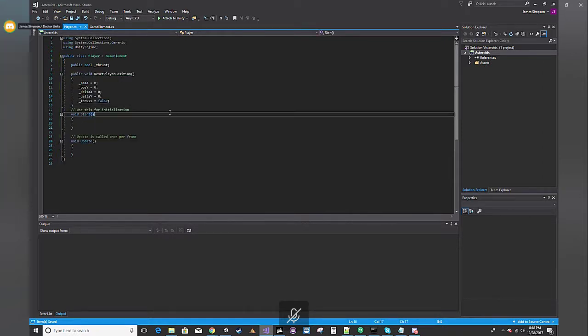We have our resetting of a player, but we have nothing to update that loop on inside the gameplay element itself. So